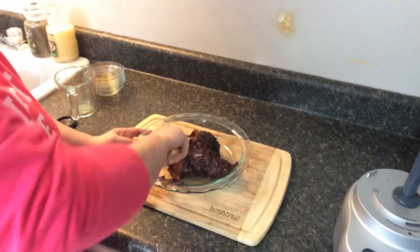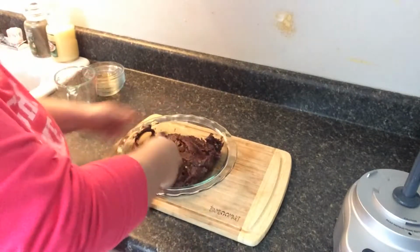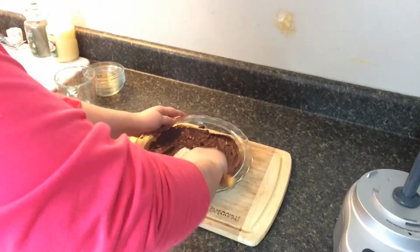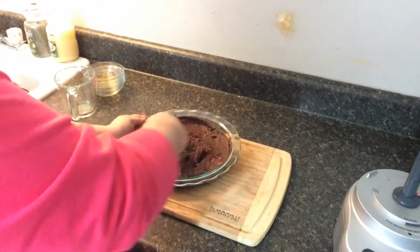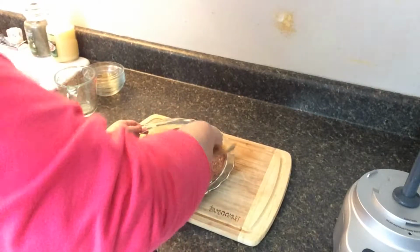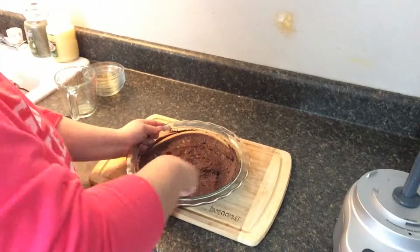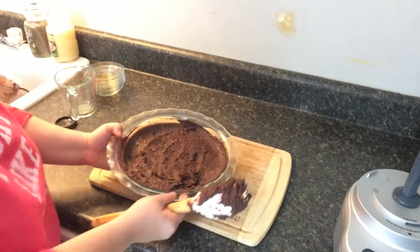So as you can see, you will then just mash everything down in your pan because you want a good even consistency. You want it to be level all the way around, so just kind of keep laying it in, and you want it as flat as possible, so just make sure everything is spread out and even in your pan or baking dish or whatever you're using. And here I just keep going around till everything's kind of evened out, kind of like if you were icing a cake. So as you can see, everything is really smooth and relatively easy to put in the pan, and just going over it one more time just to make sure everything is even,